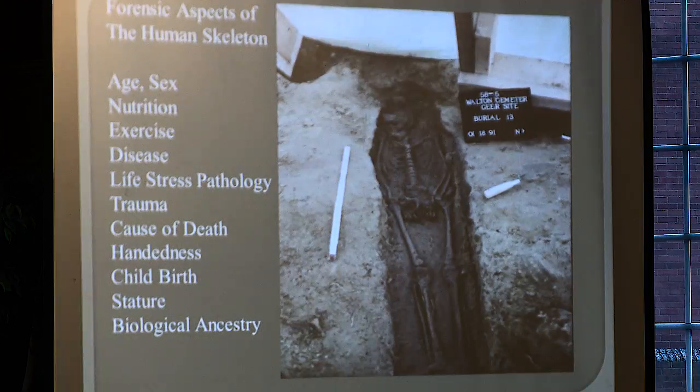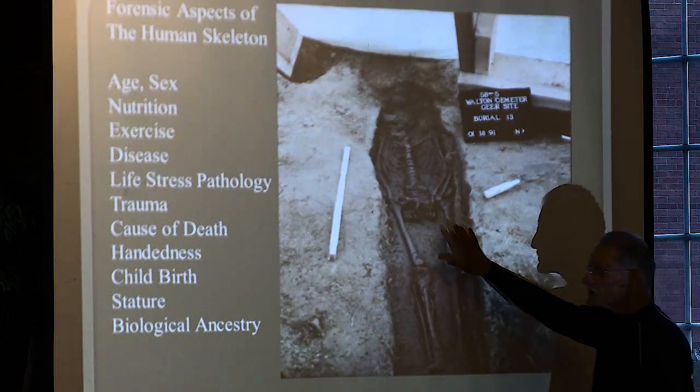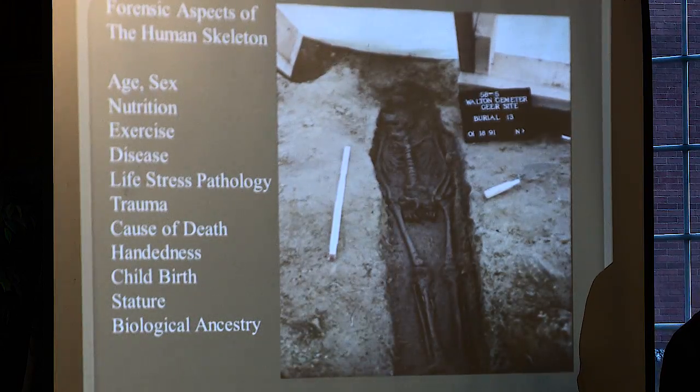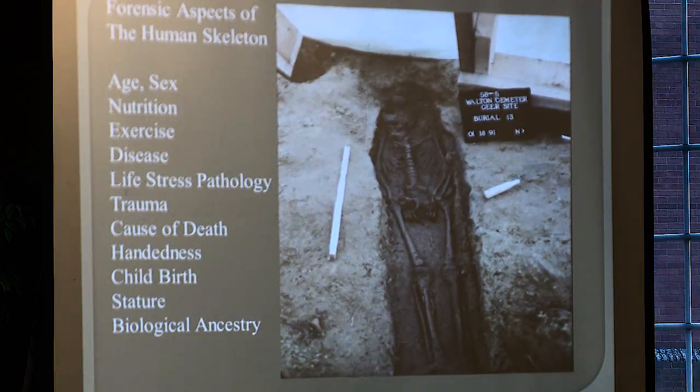And I should tell you, it makes it personal. When you deal with these remains, you understand you're dealing with another human being, but you're also getting insights into that human being's life that has been lost in history. We don't even know their names at this point. But this kind of work will allow for a reconstruction of each individual in terms of their biological heritage, and certainly, hopefully, match that up with